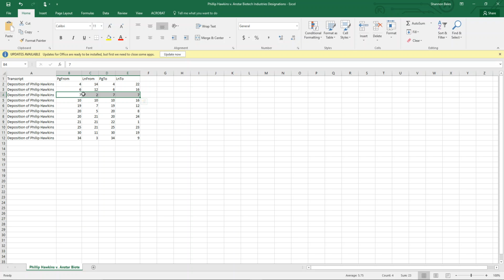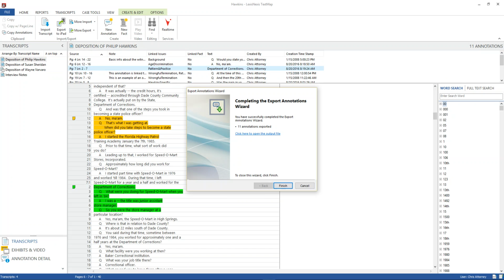So as a trial tech, you would take this list, and there are ways to import this in automatically, but you would take this list and maybe do all your page and line editing from that. You'd want to compare that either against the transcript itself,